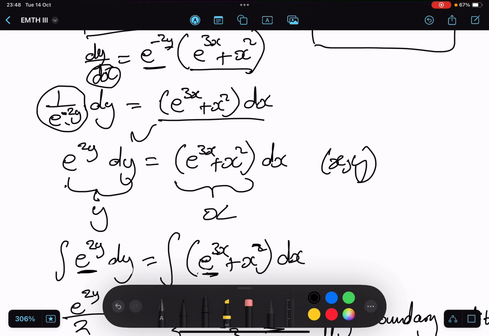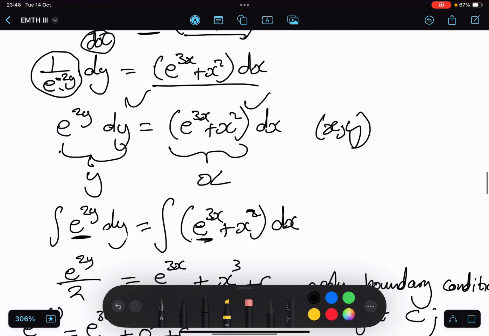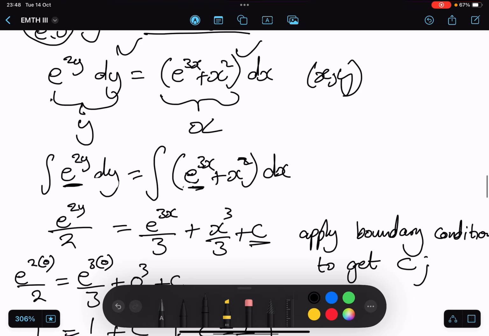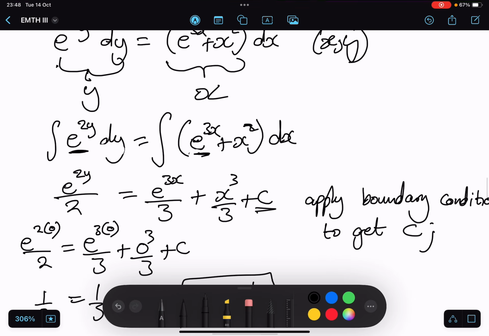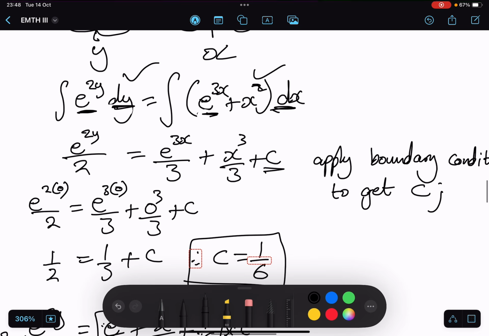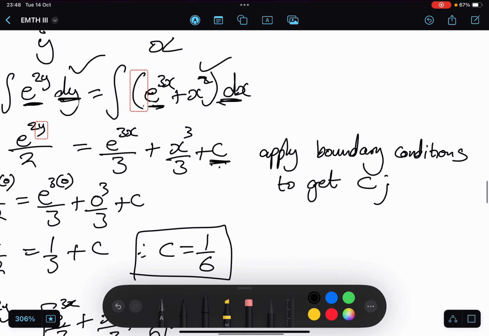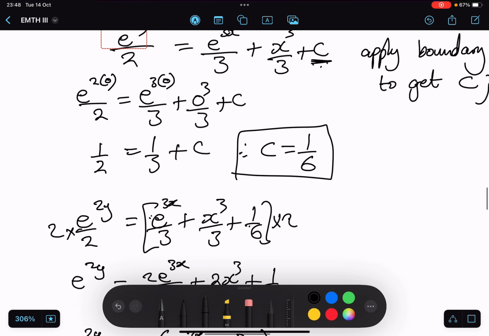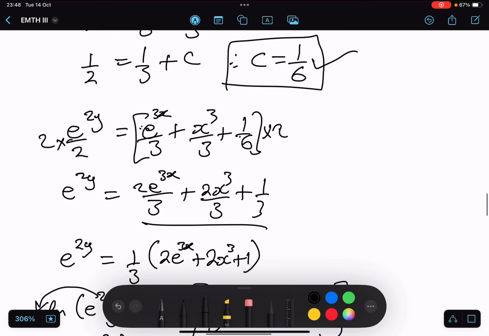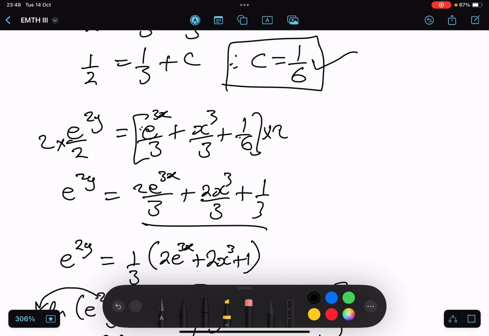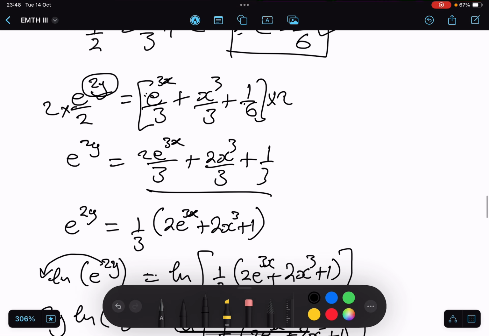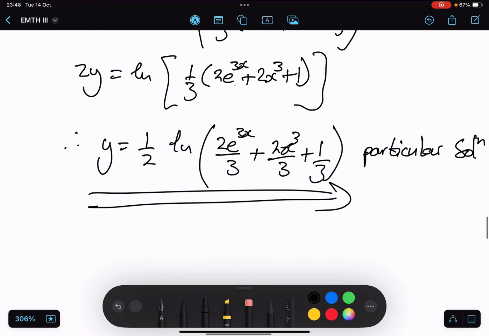So on one side we grouped according to y, and on the other side we grouped according to x, and then we integrated both sides, with respect to y and with respect to x. Then we found the arbitrary constant using the boundary conditions, and we found that it's 1/6. Then we made y the subject of the formula by simplifying the entire equation. So this is our